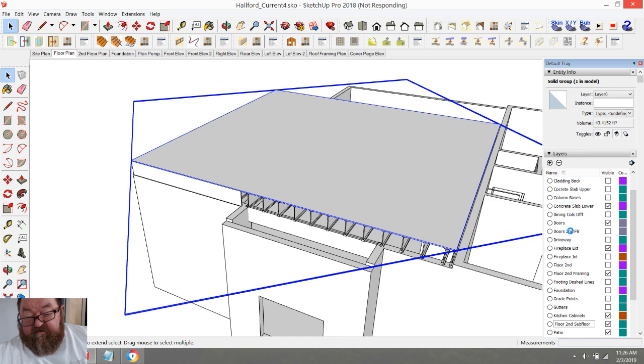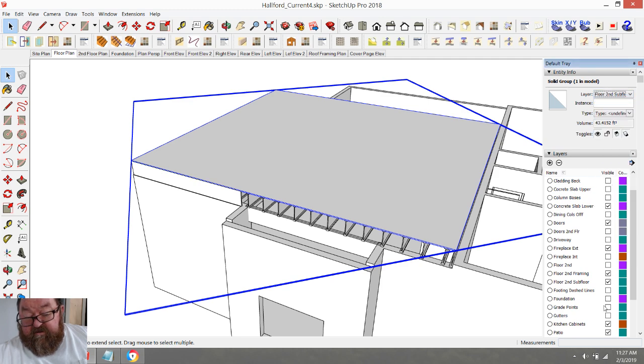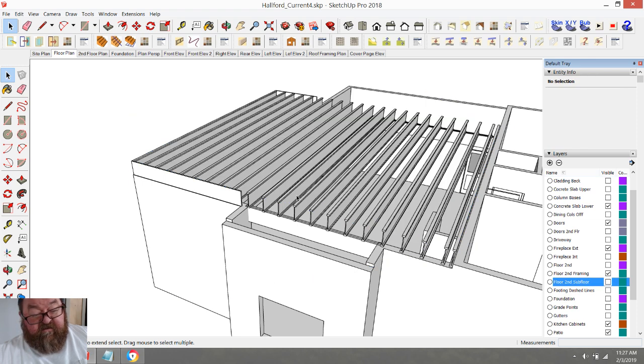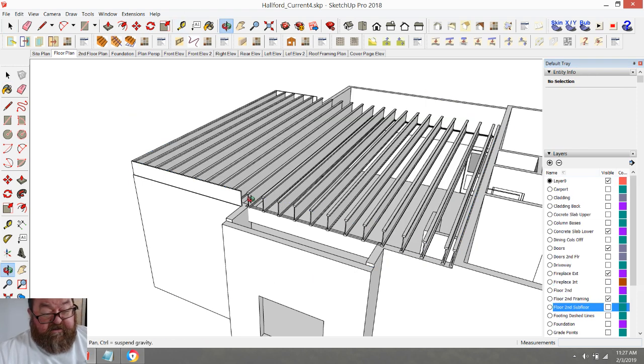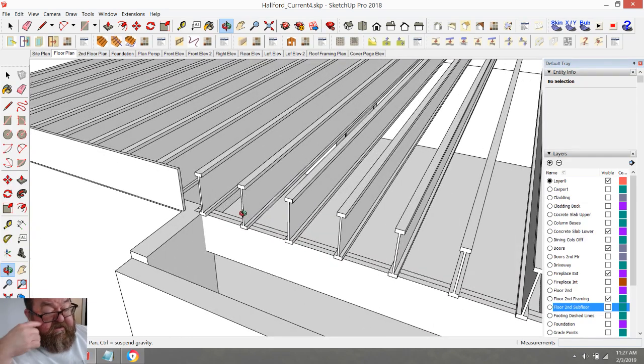And eventually all these layers will get less complicated. A lot of these layers are just to make it easier on me to draw. But you can see now I've got all the floor stuff. Floor second framing, floor second subfloor. I can just look for floor now. And I need to put this in that layer, floor second subfloor. Now I can turn it off for now, because I think what I'm going to do is go in here and create a situation where